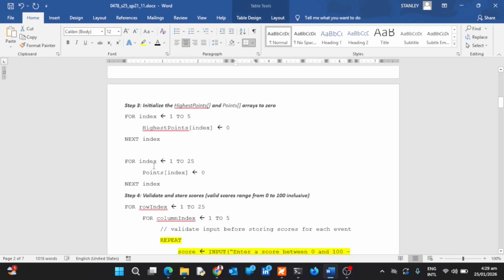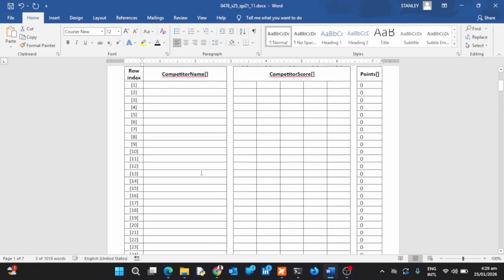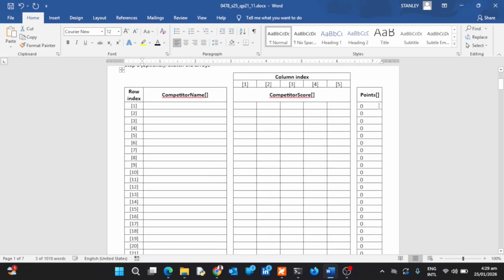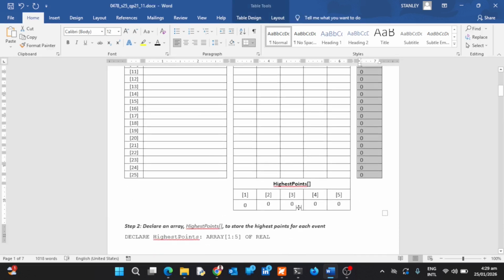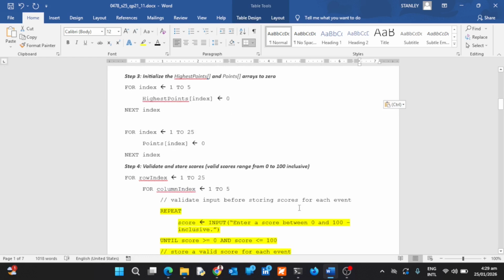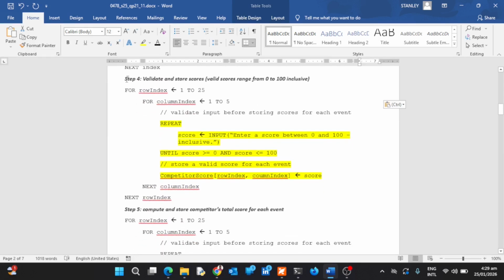Next, we assign 0 to the points array in the same way. Assigning to the points array means that since there are 25 points, we are going to assign 25 zeros to each of the blocks of our array. So having taken note of that, we move straight away to step number 4, which is to validate and store